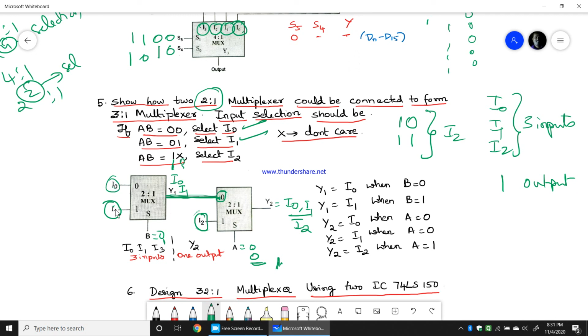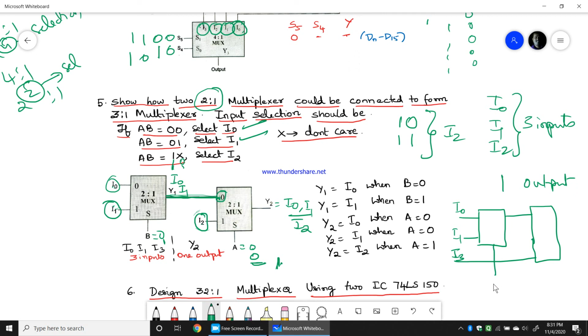Therefore, these 3 will be the inputs, this will be the output, and these both will be the selection inputs. Now, if I write it properly, I0, I1 inputs and I2 is the input.